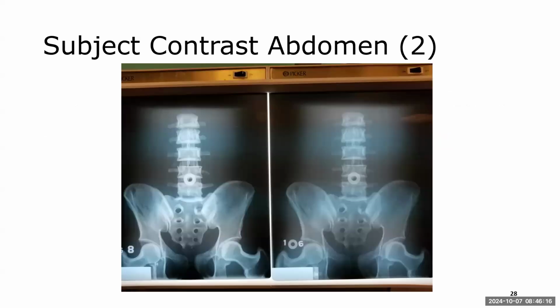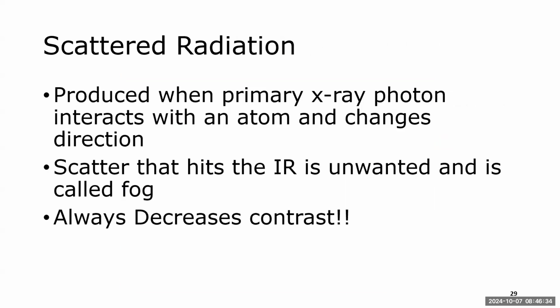Okay. And here's the actual images. I took a picture of them, and you can sort of see the difference, especially in the edges of the bone here around the SI joints. Now these are fake bones. This was a fake bone spine instead of the real bones, but anyway. Okay. Move on here. So scatter radiation is produced when the primary X-ray photon interacts with an atom and changes